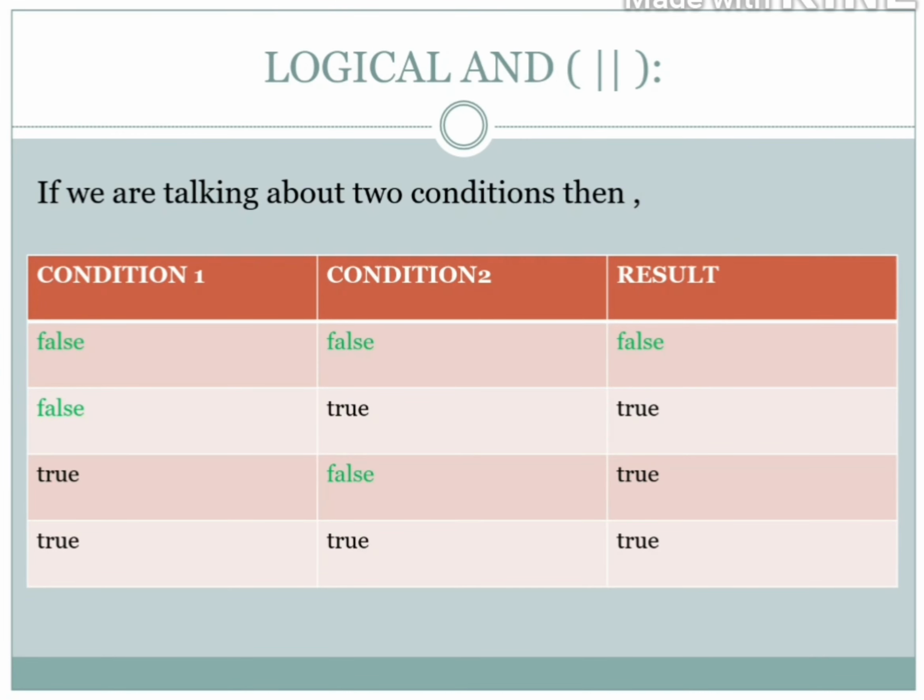In more detail, we are going to study it this way. If we take two conditions, then we have different cases. Maybe the first condition provides false and the other also provides false. First condition provides false, another provides true. First condition provides true, another provides false. First condition provides true, and another also provides true. Then what will happen? If any one condition is true, we get the answer true. Means in the last three cases we get true. That's why our answer is true.